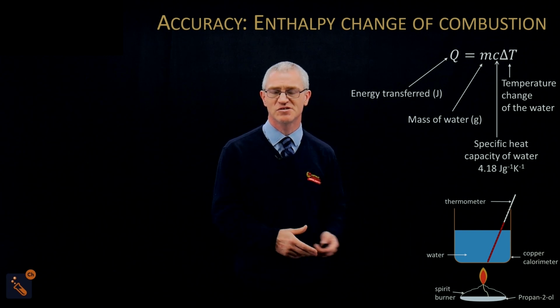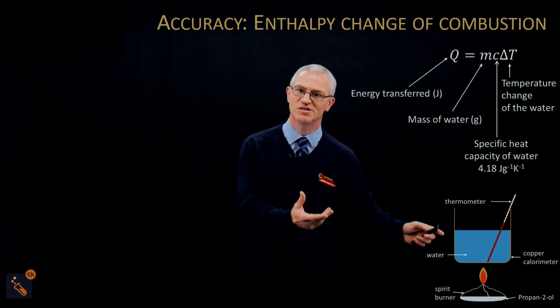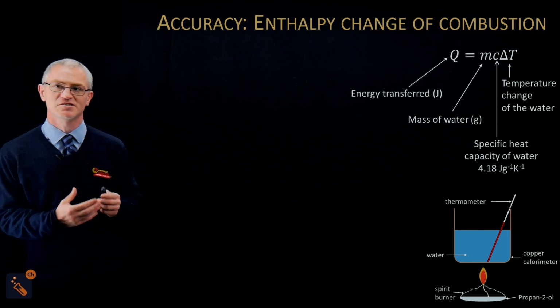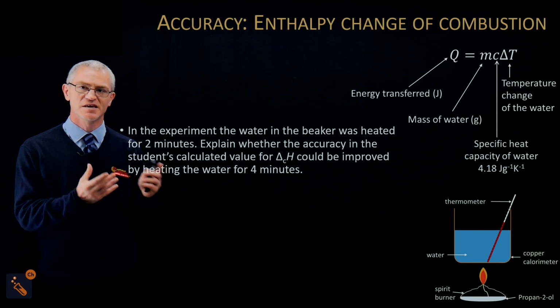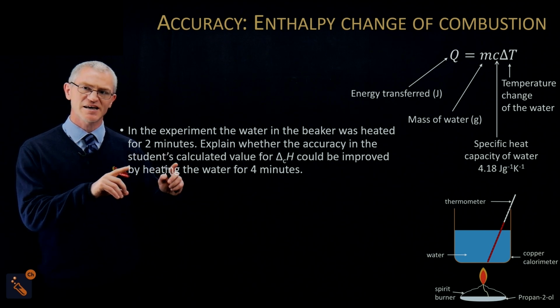It can be with the temperature change that you're measuring as well. Okay, so there are different percentage uncertainties here. So let's look at an actual question and see where we can go from here. So in the experiment, the water in the beaker was heated for 2 minutes. I want you to tell me whether the accuracy in the student's calculated value could be improved by heating the